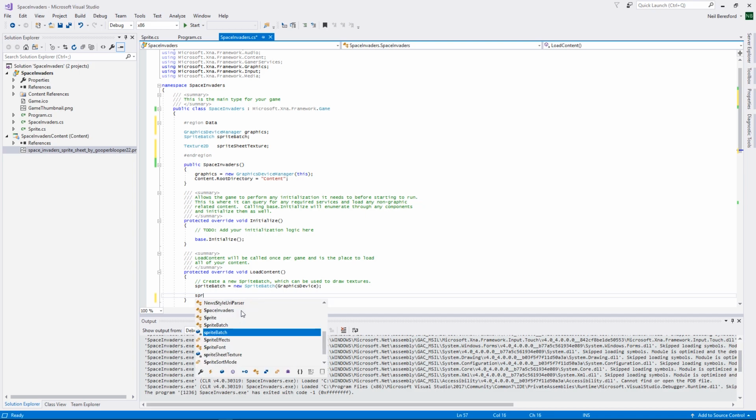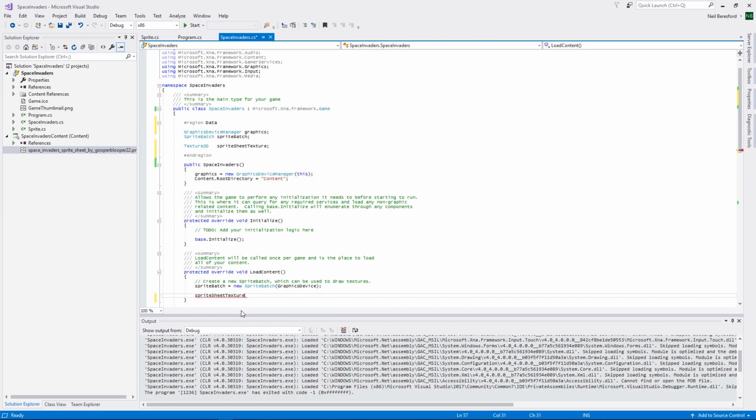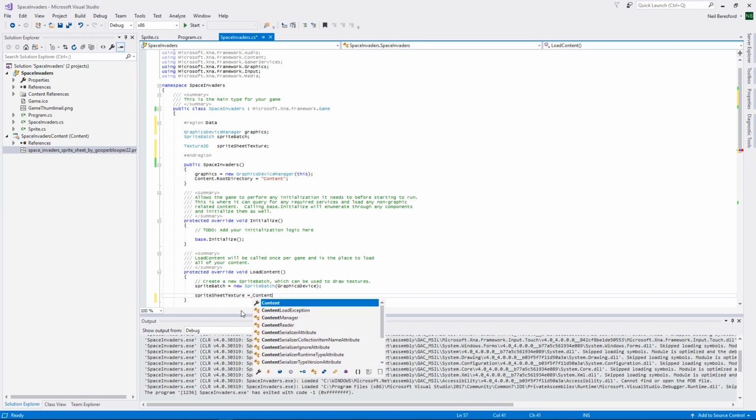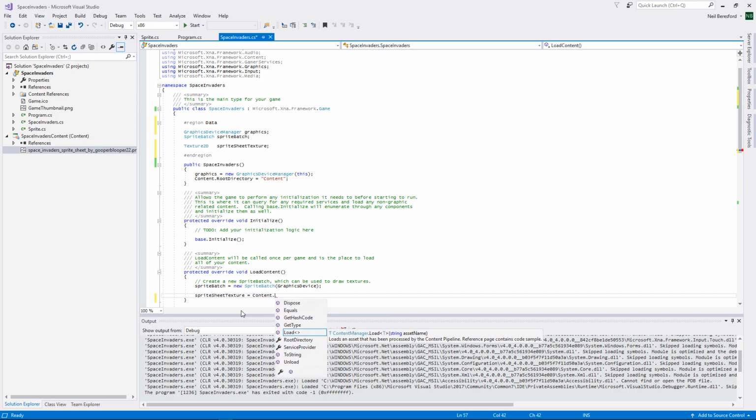So we do sprite sheet texture equals, and this one gets a little bit different, but you've got to just copy what I do. So we need to do content because we're loading it from the content manager. So we do content load,